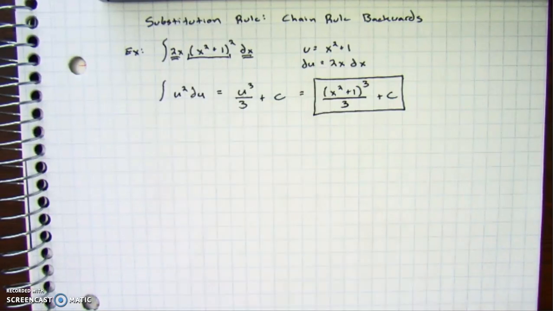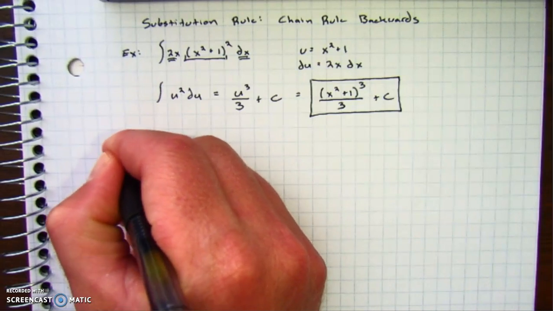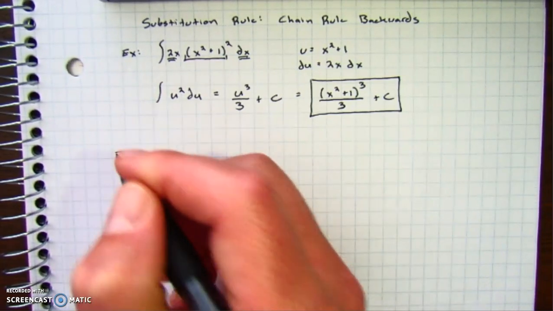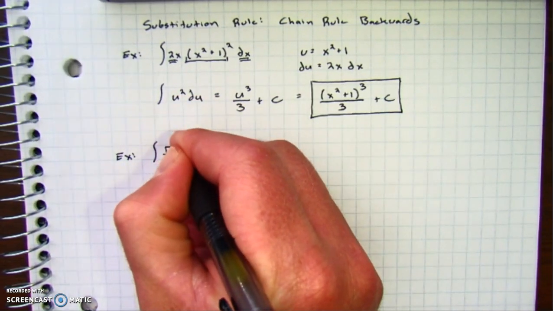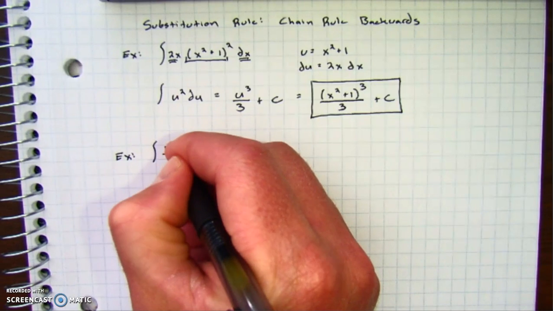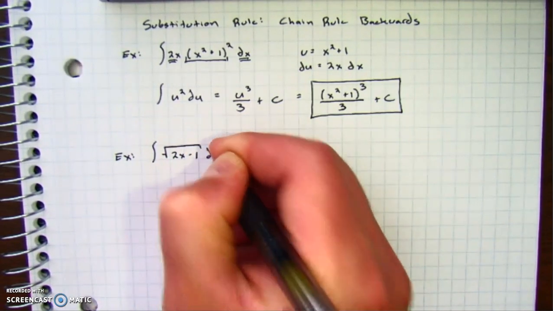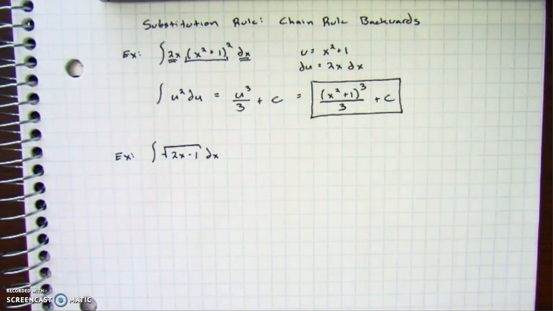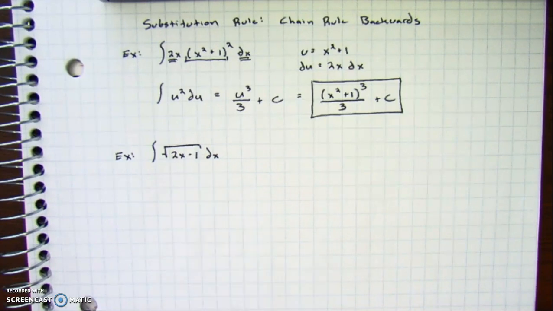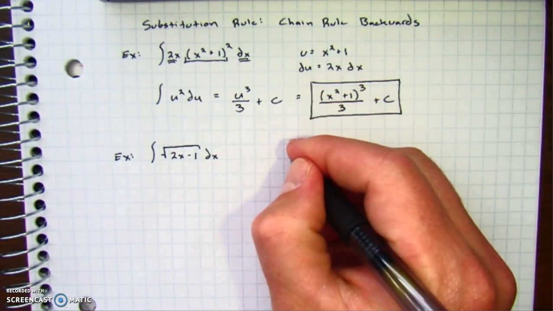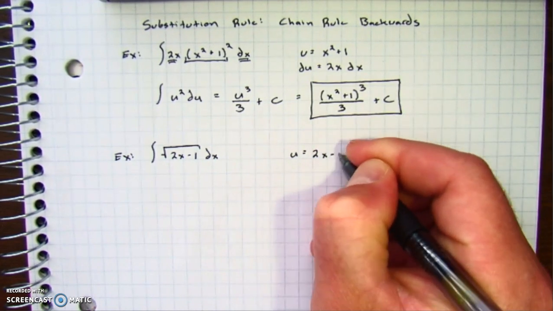Okay, let's take a look at another example. Let's move it over a little bit to give us more room. Let's say we're going to take the integral of the square root of 2x minus 1 dx. Let's do one of these, because these can be a little bit complicated. The same thing here: whatever's underneath the square root, let's try making that u, because we're looking for these composite functions. So if I make u equal 2x minus 1,